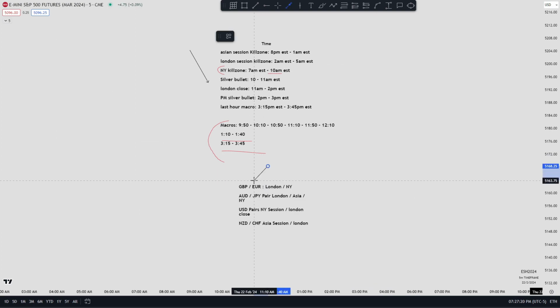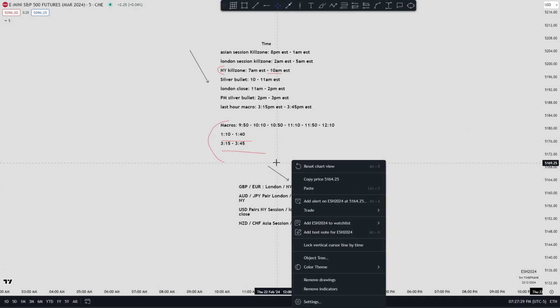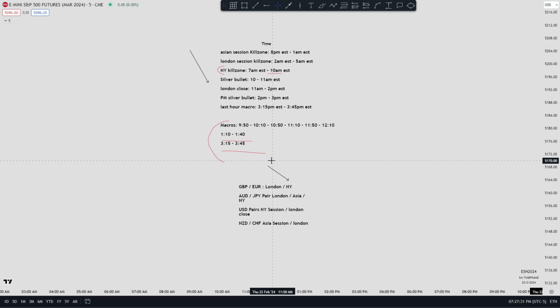I did forget to mention the GBP and Euro pairs. These are very important, so you want to trade these during the London session and the New York session, right? So GBP and Euro: the London session is during the morning for the GBP and Euro community, so it's very convenient for them to trade the London session, while in the United States, that's practically overnight. So I hope you guys can see from that standpoint, right?